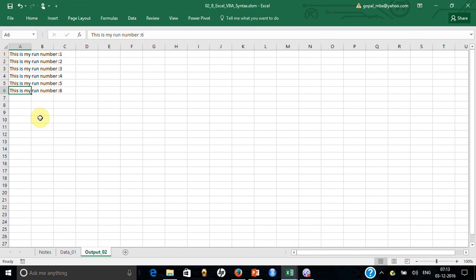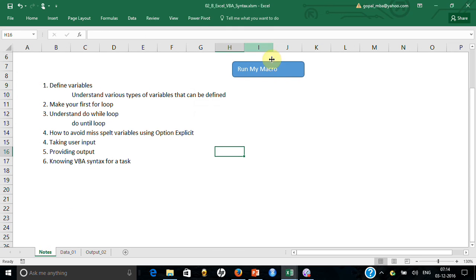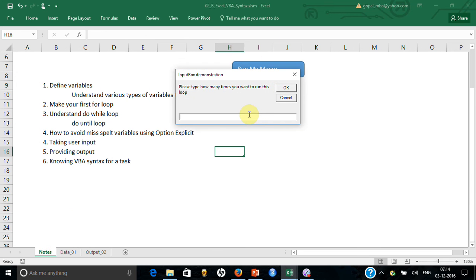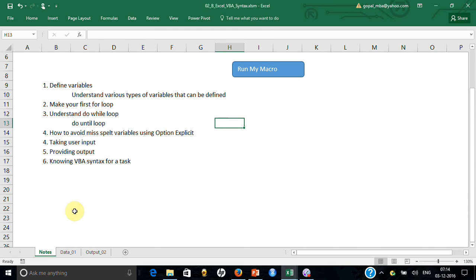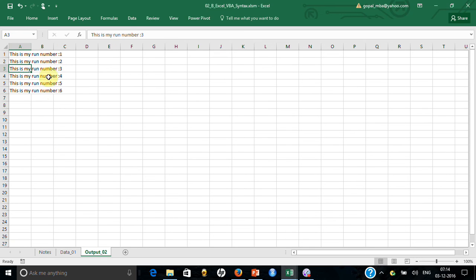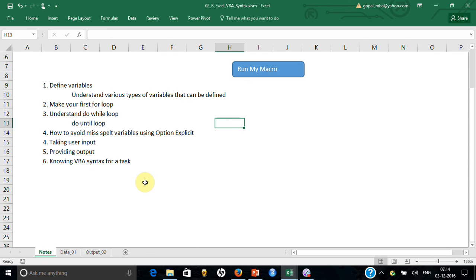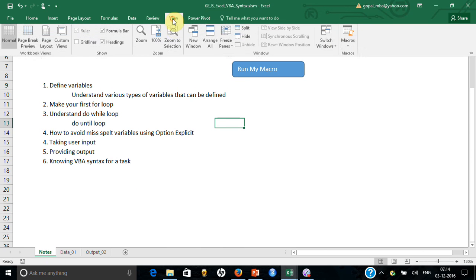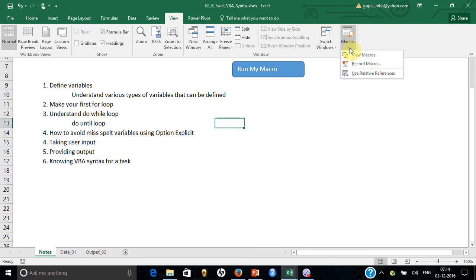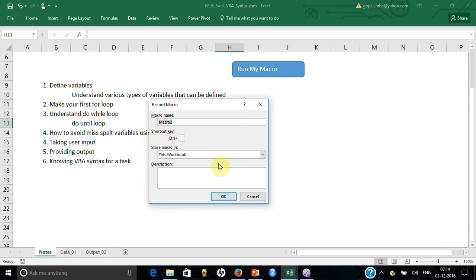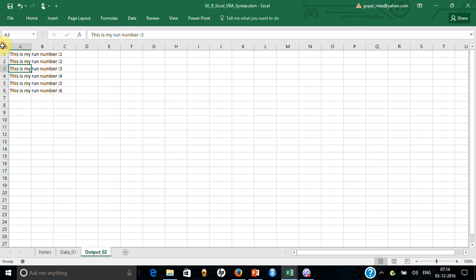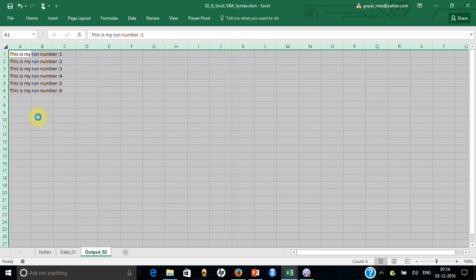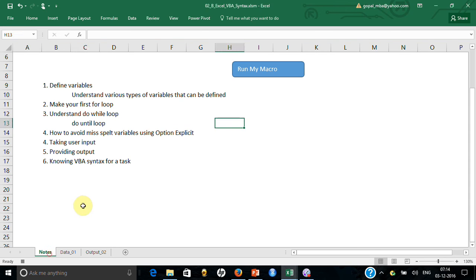But if I write 3 times this time, again it will look as if it has run 6 times only. So what I need to do is add a little bit of syntax here to clean this before running. Let me show you how I do it and how I record that. So I'm going to do view macro, record macro. I'll again use this to learn the syntax. I'll come here and in the first go I will just delete it, and then I'll come back again here.